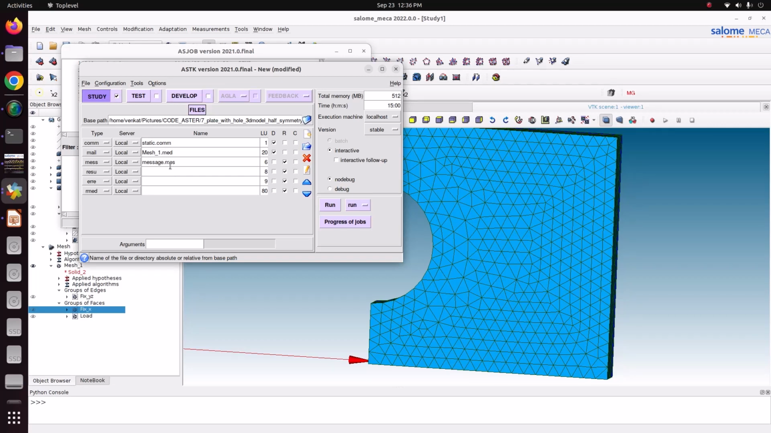message dot mess, result dot resu, error dot err, result dot rmed. So now we have set it everything. So this 20 means 20 is the input and 80 is the output. So now these are all output files. Okay, so now we can specify the memory of 2 GB